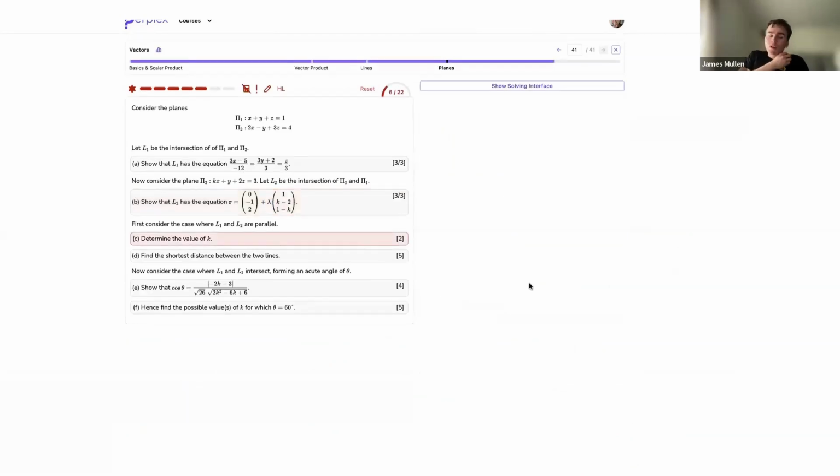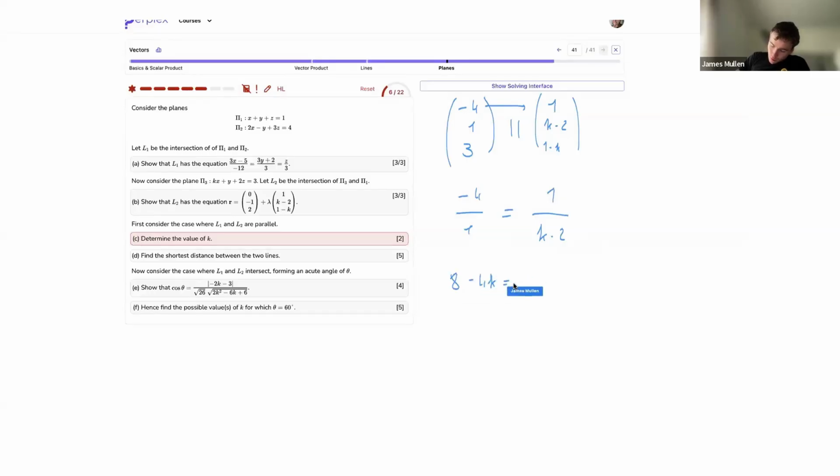Now, in part C, we are considering the case where L1 and L2 are parallel, and we have to find the value of k. So the lines are going to be parallel if, remember that earlier we found the direction vector, (minus 4, 1, 3). That's supposed to be now parallel to (1, k minus 2, 1 minus k). Now I can tell by looking at minus 4 and 1 that I have to have minus 4 over 1 is equal to 1 over k minus 2. And therefore, cross multiplying, I must have 8 minus 4k is equal to 1,